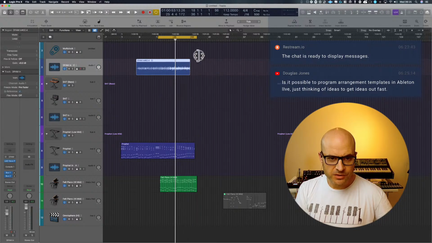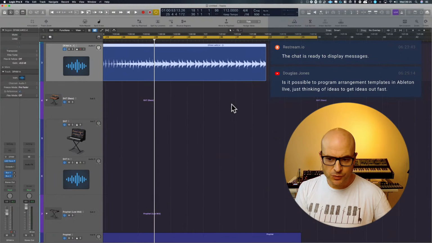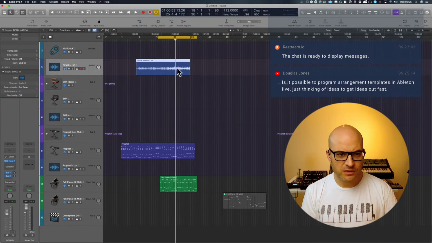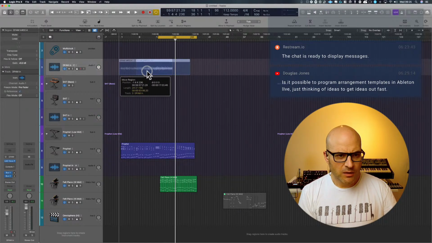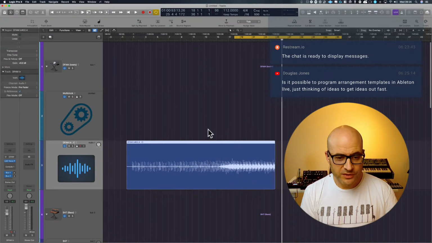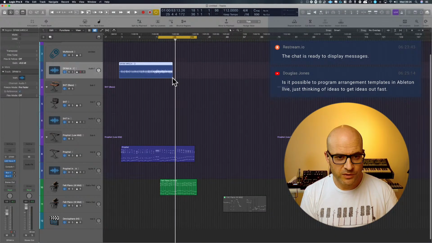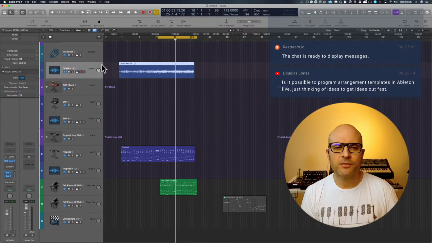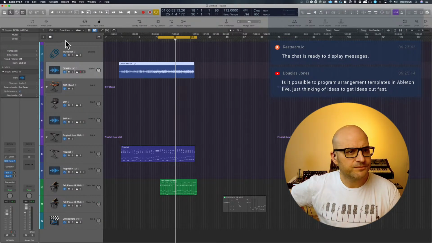So Douglas asks, is it possible to program arrangement templates in Ableton Live? To be honest with you, I haven't used Ableton Live for a while. I have actually downloaded it, and I'm going to use it in a splurge in a future live stream. But I don't know whether they've got them like they do in here.